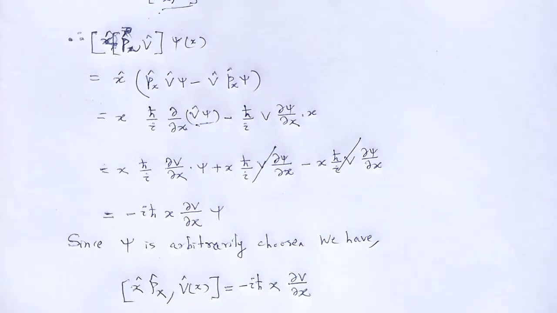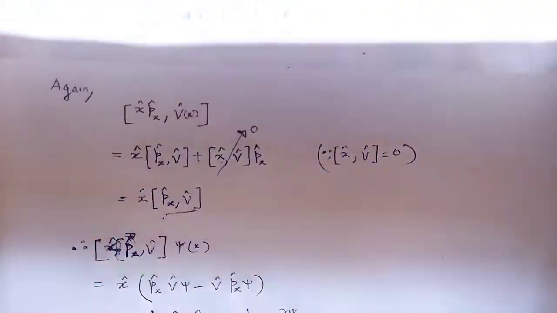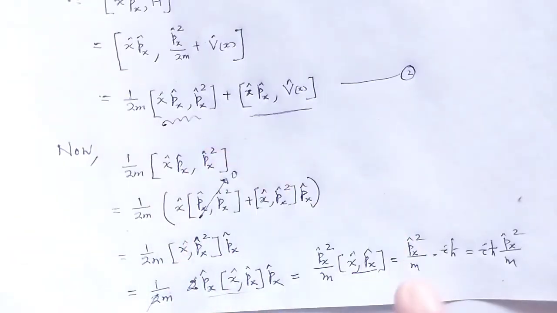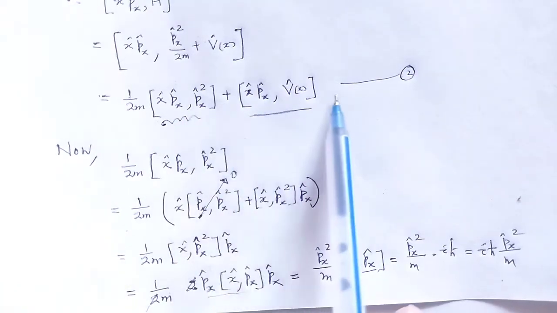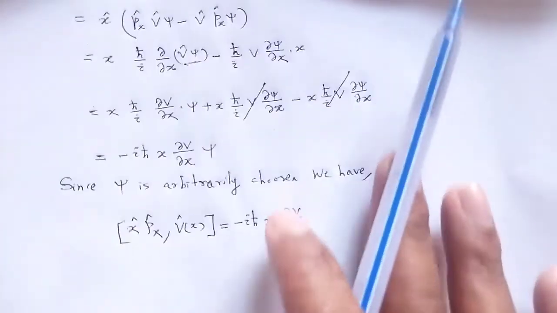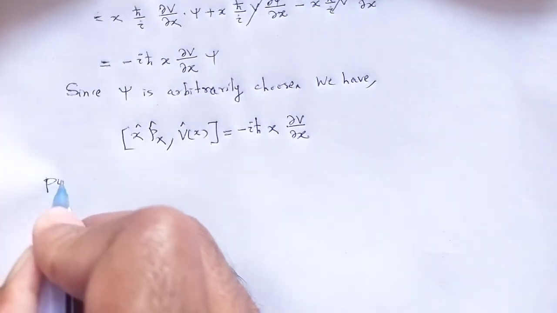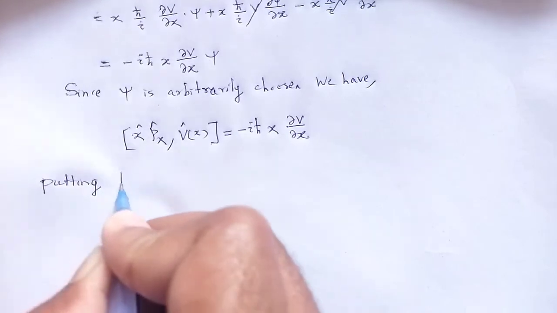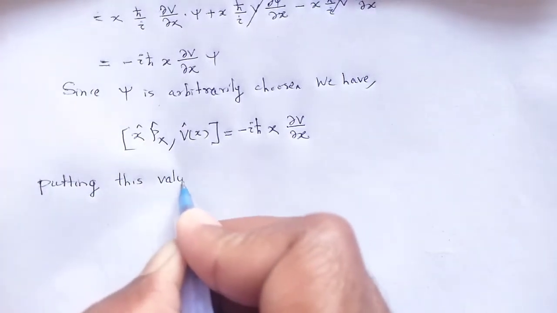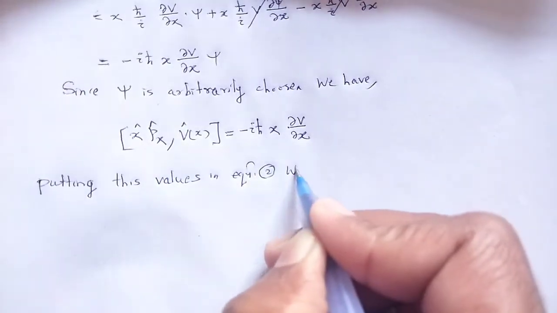This is the second one, that commutation relation. We have to put the results of these two commutation relations in equation number 2, right? Putting these values in equation 2, we get